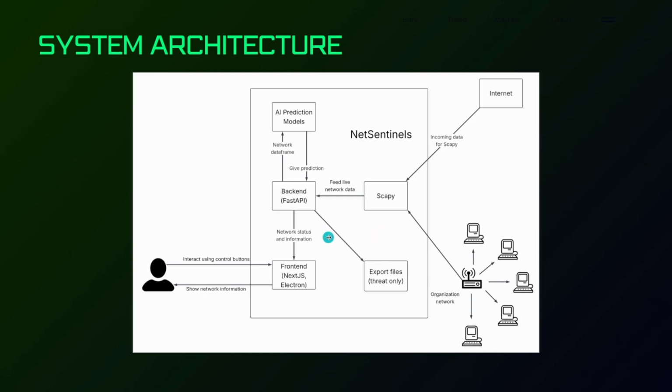Next is the frontend, built with Next.js and Electron. This desktop application displays real-time network status, device list, and any detected anomaly on the app. The entire system runs locally on a single machine, which keeps all network data private while still delivering real-time monitoring,